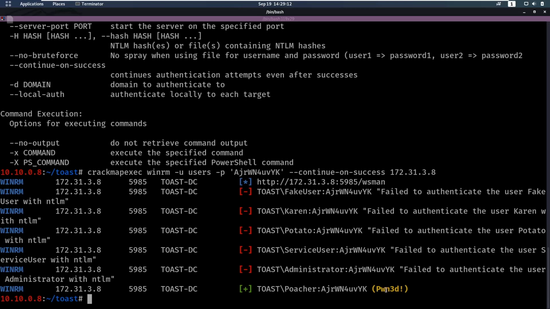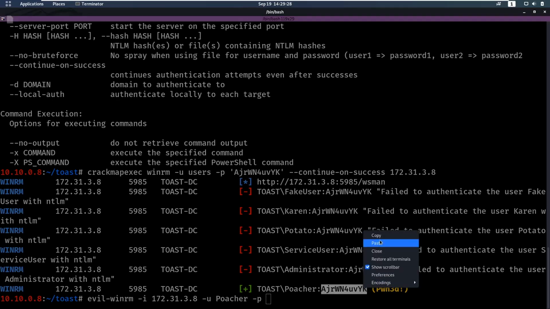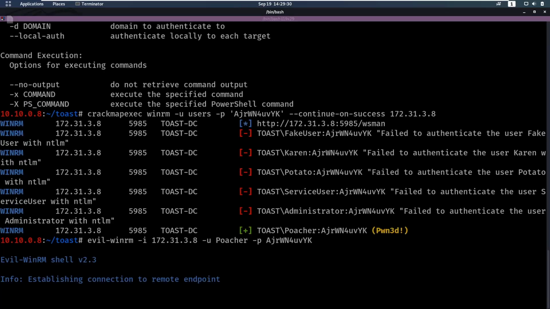We can log in with WinRM. So now we can use evil-winrm, for example, to log in as this poacher user. So we're going to supply the IP address, then the user, which is going to be poacher, and -p with this password. Now we're establishing a connection, and now we have a connection, and now we can start all over again with our enumeration. So we could run WinPEAS again, we could do all of the things again,